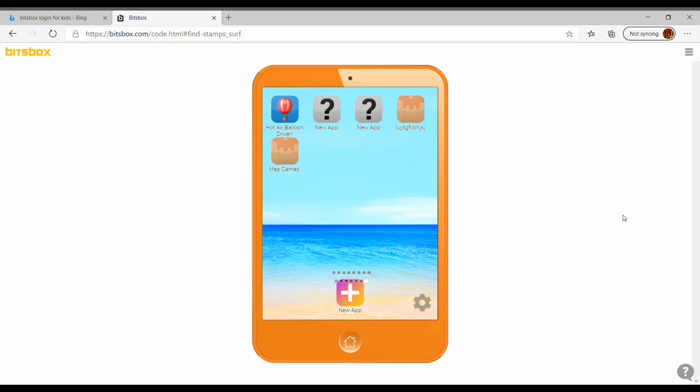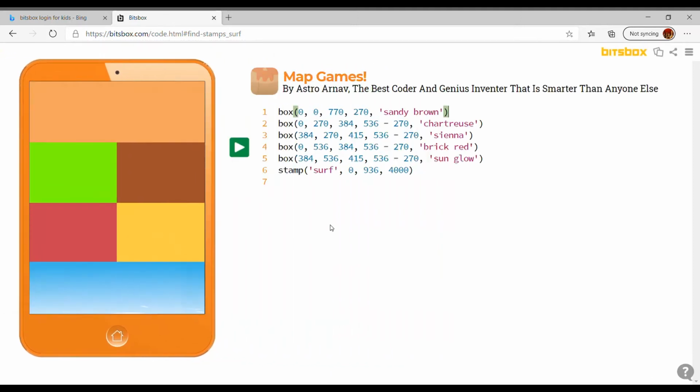In the last video, we made this really cool game, just a map, and this is how it looked. In this video, we'll be making some little changes, and we'll be making a boat, a boat stamped on the screen. To do this, what I'm going to tell you first is what